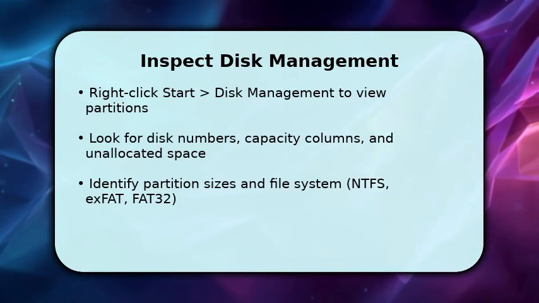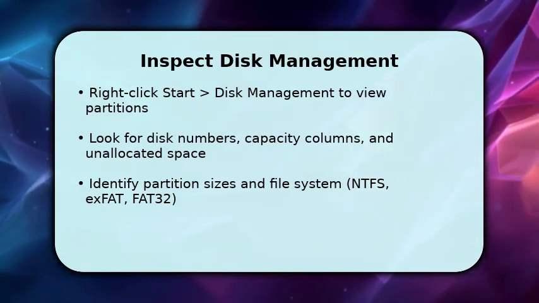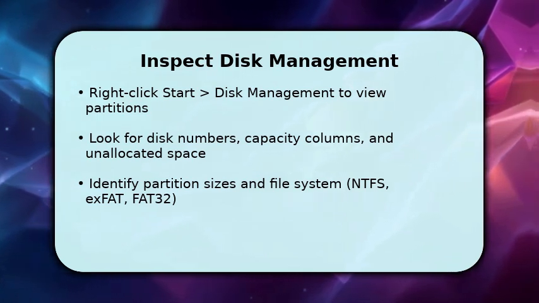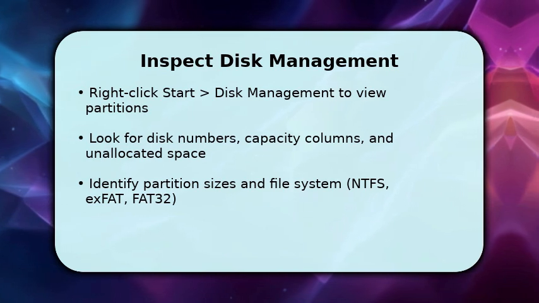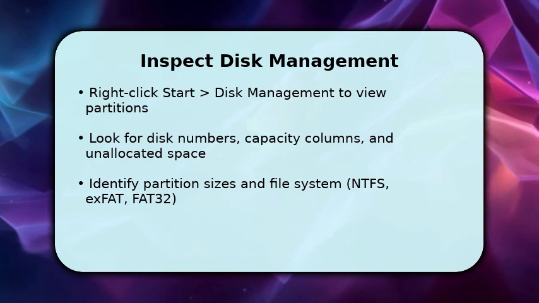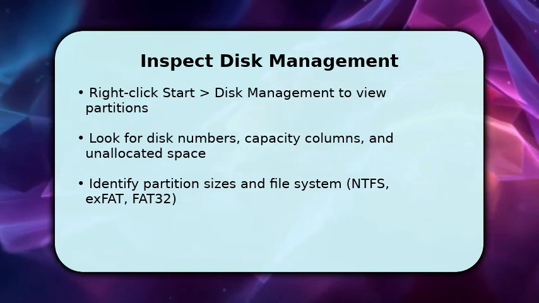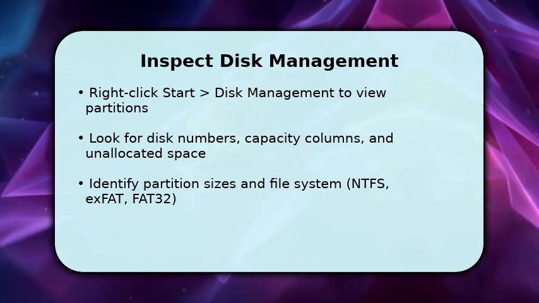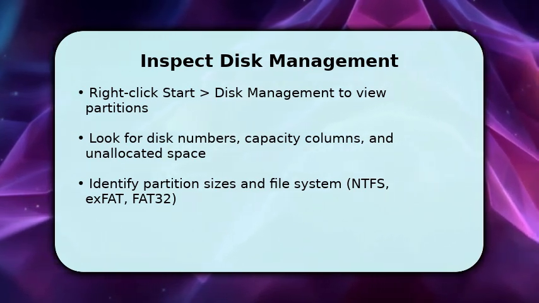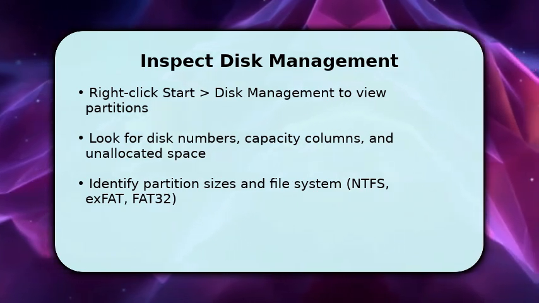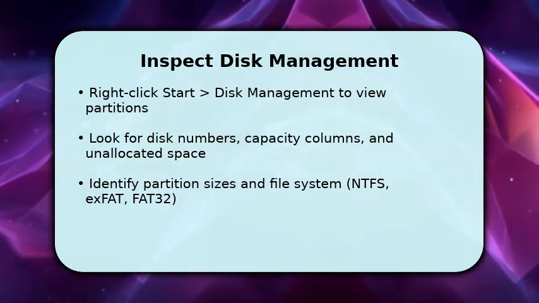Next, open Disk Management to get precise partition and physical disk details. Right-click Start and choose Disk Management. Here you see Disk 0, Disk 1, and exact capacities for each volume and any unallocated space. Once visible, compare the reported total disk size against partition sums to confirm accuracy. Make sure to note the file system types like NTFS or exFAT, and whether any space is reserved for recovery